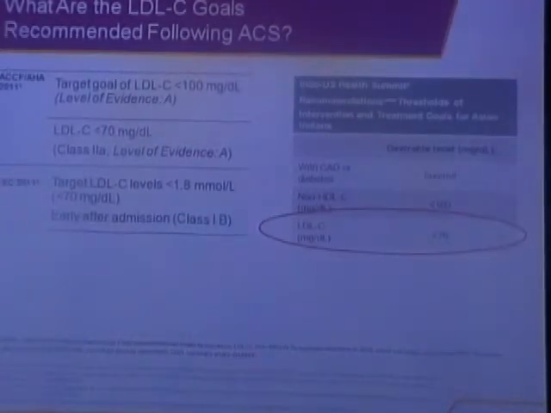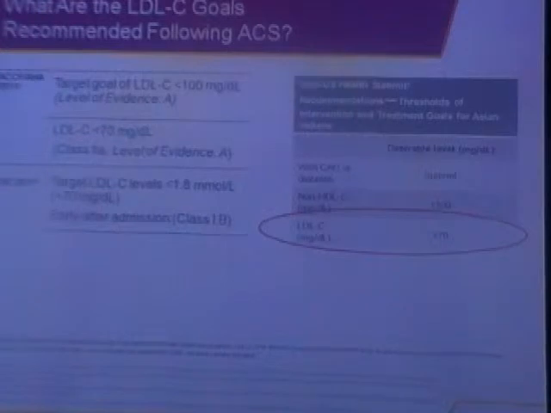So what is the LDL goal recommended following ACS? The latest recommendation says the lower the better. You should try to keep the LDL cholesterol below 70. They have had some natural history trials in some of these African tribes, who are known to have the lowest acute coronary syndrome rates the world over, and their LDLs are in the range of 20 to 30. They are basically people living in forests, mostly living on unrefined, naturally available food, and they don't eat any of the junk that we consume. So they have the lowest ACS rates.